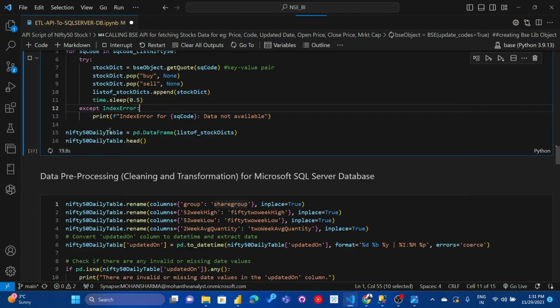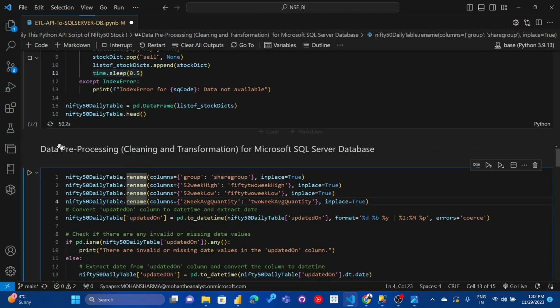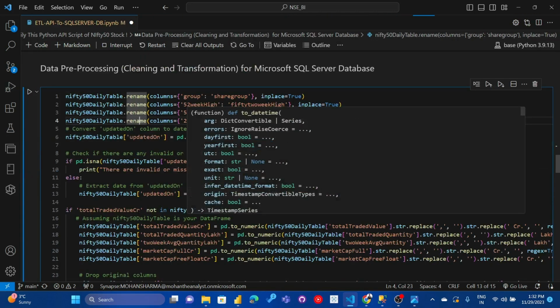And yeah, I have also included a time sleep because I really do not want BSE to block me, because they usually block users who cause high network overload. Every time I make an API call on their server, it creates server load on their network. So meanwhile, I'm going to show you some data preprocessing, cleaning, and data transformation for Microsoft SQL